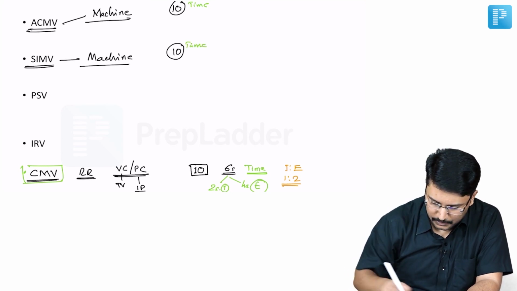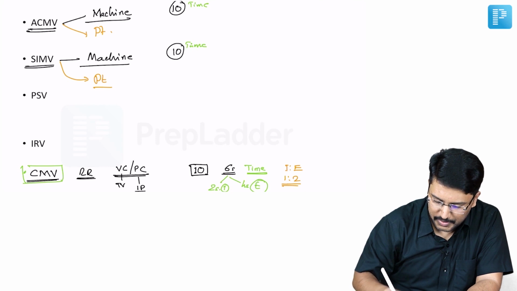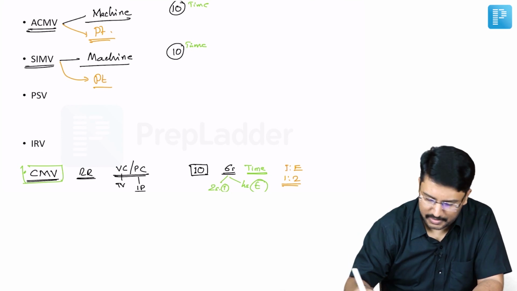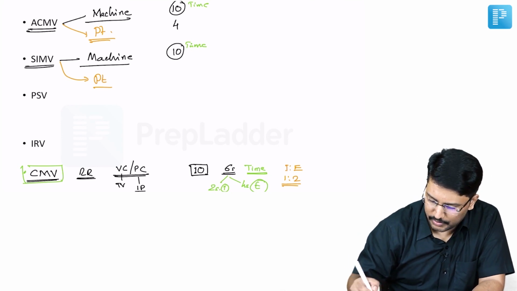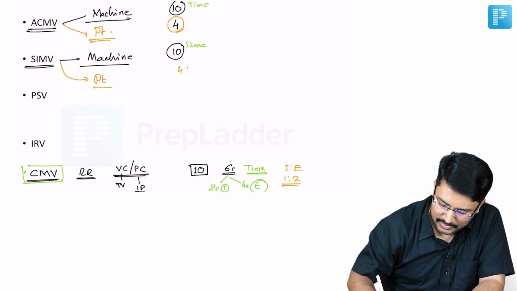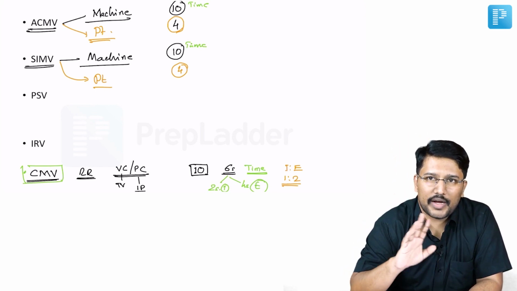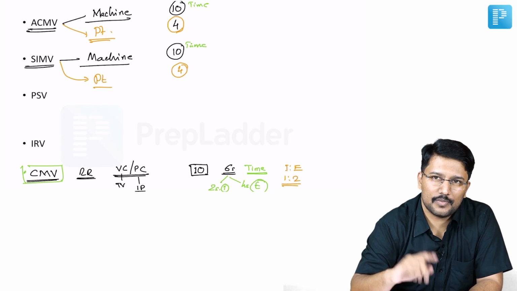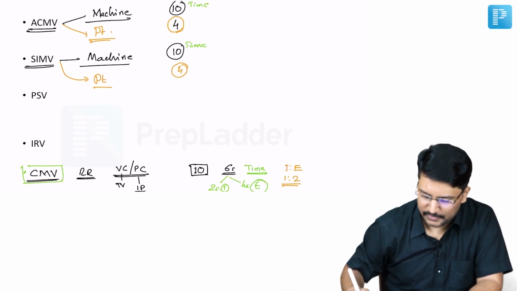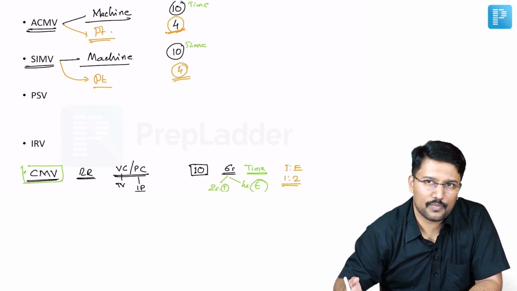Apart from that, in these modes, the patient can also trigger their own breaths, right? For these patient triggered breaths, there is no limit to the numbers, whatever number is permitted. So in assist control, for example, I'm just taking a hypothetical number, the patient is triggering 4 breaths, and I'm taking the same hypothetical number for SIMV. Here also the patient is triggering 4 breaths, right? So those 10 mandatory breaths are delivered in both modes of ventilation, and there is also permission for the patient to do his own breath cycles. As we expected, the 4 breaths are triggered by the patient in both these modes of ventilation.